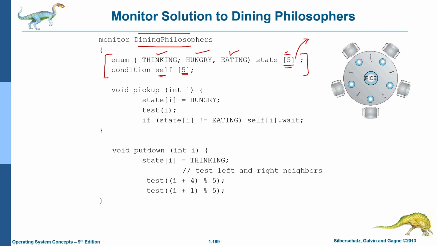तो ये मैं नंबर लिखता हूं यहाँ पे। ये है 0 1 2 3 4। ये है फिलोसोफर 0 1 2, ठीक है? तो चलो फिलोसोफर 0 को भूख लगा, वो क्या करेगा? पिकअप करेगा, मतलब स्पून उठाने की कोशिश करेगा। आई की वैल्यू 0 है, फिलोसोफर 0 है वो, तो वो अपने आप को हंग्री घोषित करेगा कि मैं तो हंग्री हूं। अब खुद के स्टेट को उसने चेंज कर लिया। फिर वो एक टेस्ट ऑपरेशन को कॉल करेगा आई इक्वल टू 0 करके। चलो टेस्ट देखते हैं क्या करता है।